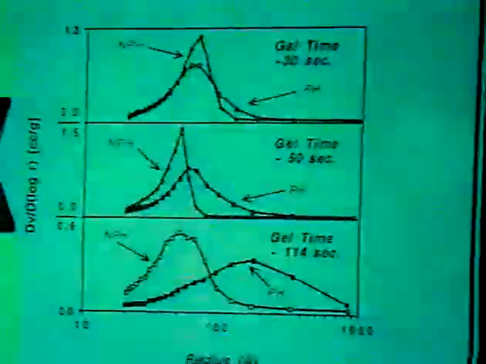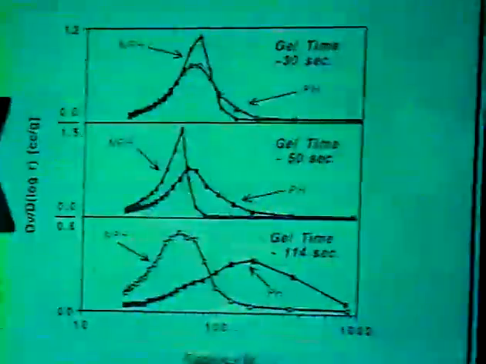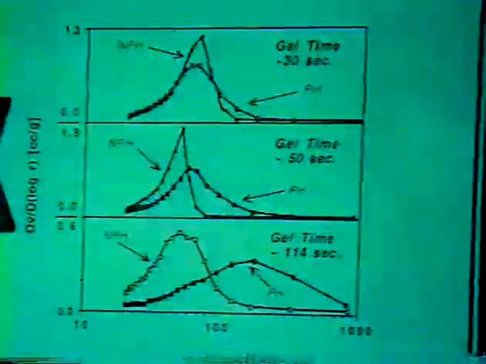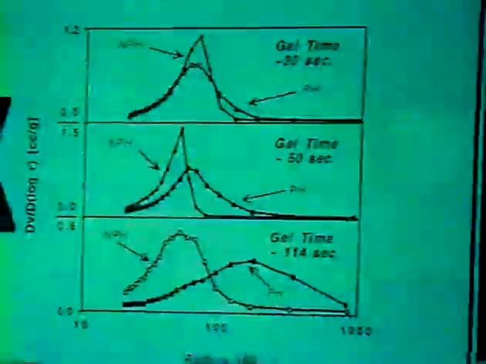So the last graph I want to show you is that this difference also manifests itself in the pore size distribution of the material. What we have now here is 3 panels corresponding to 2 series of samples and 3 different gel times. A gel time of about 30 seconds,